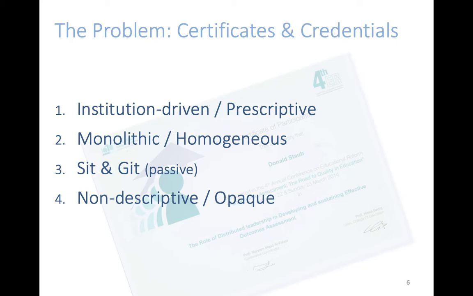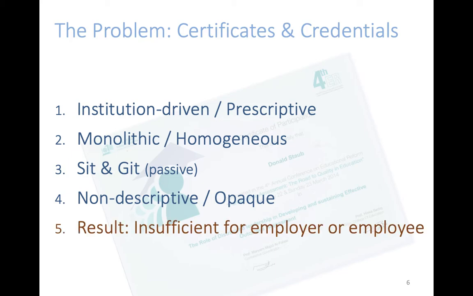Another issue, as I've mentioned before, is that they're two-dimensional, opaque, and non-descriptive. It's very hard to see why a student got a B. What does that B entail? How did that B come about? What did the student do to actually earn that grade or that degree? The end result is that